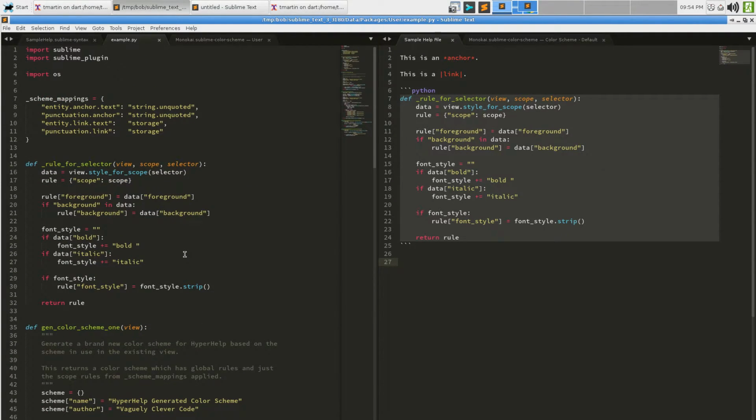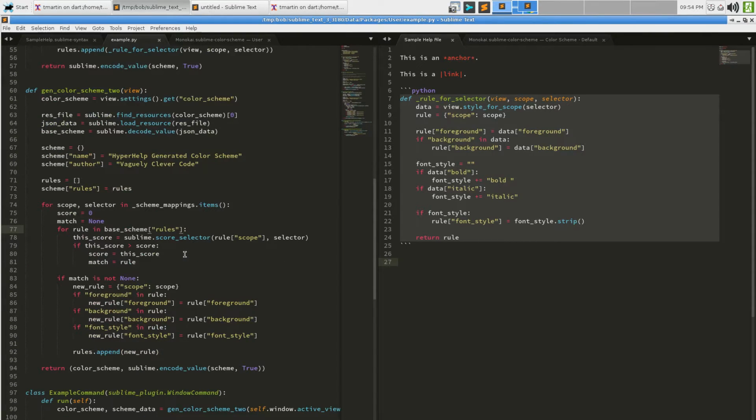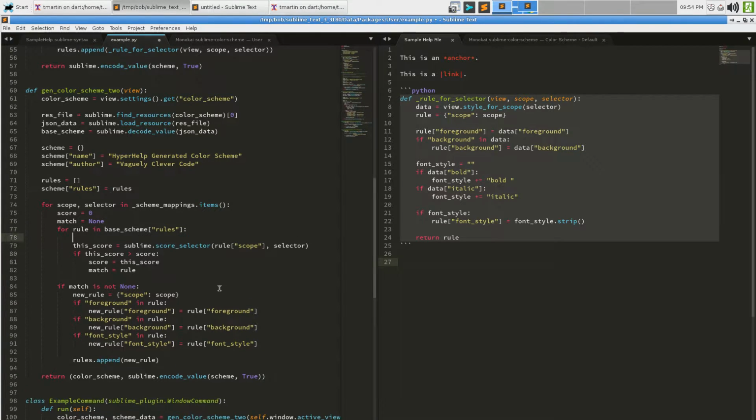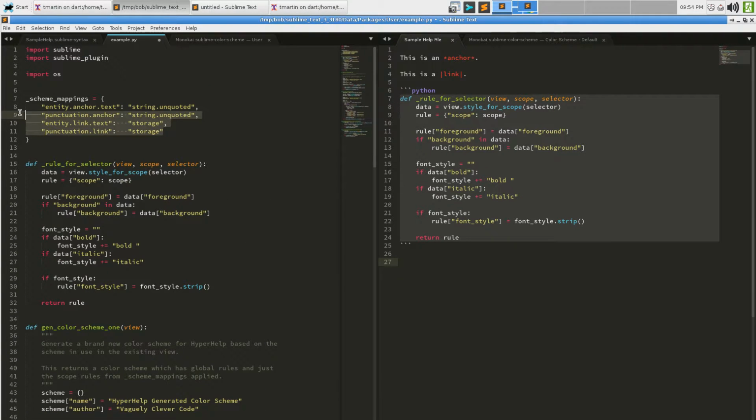Because I'm not sure why it would have done that unless that was the case. How did they all end up being storage? This is the case where a little bit of debugging is in order. We might say, for our purposes, let's comment out those three.